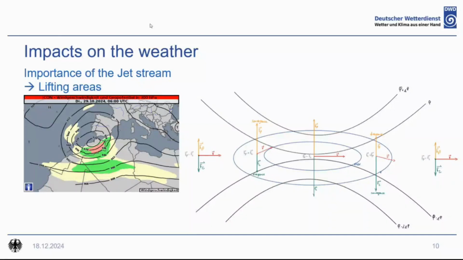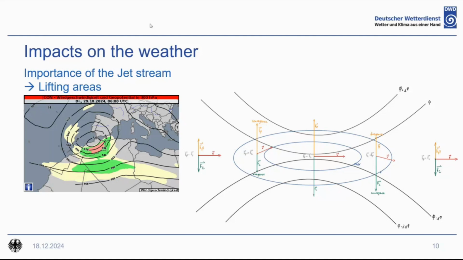In the right entrance region and the left exit region of the jet streak, the imbalance of forces leads to divergence in the higher troposphere, so to lifting areas, whereas in the other corresponding regions, the imbalance leads to convergence,